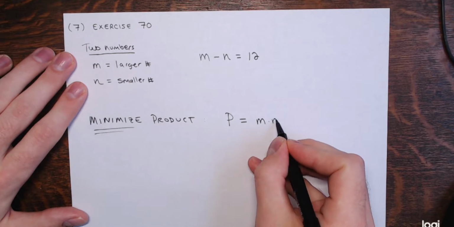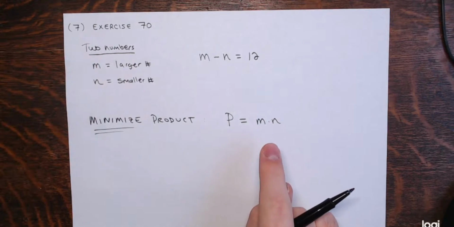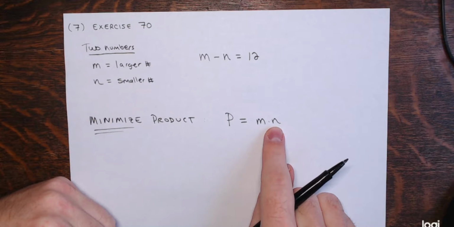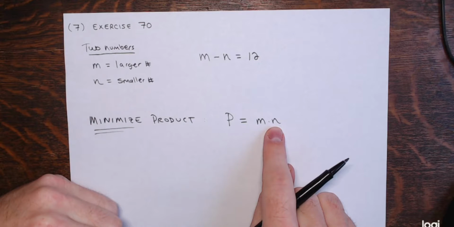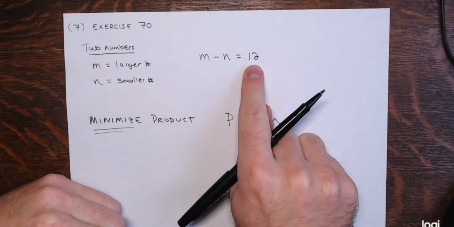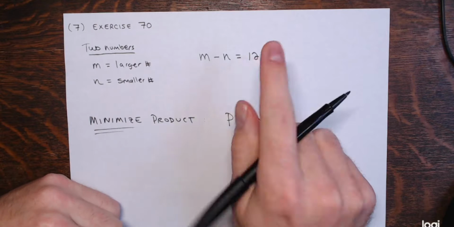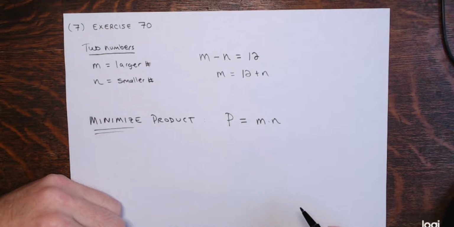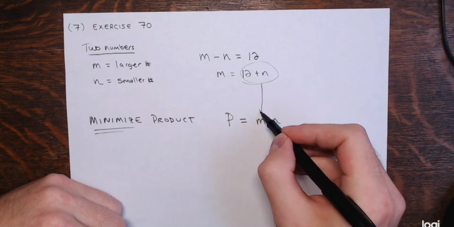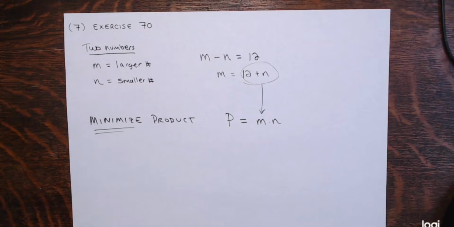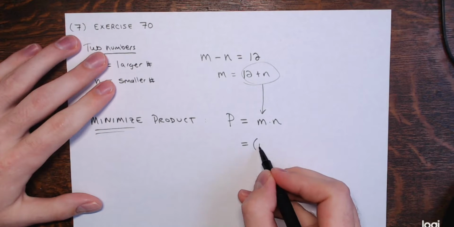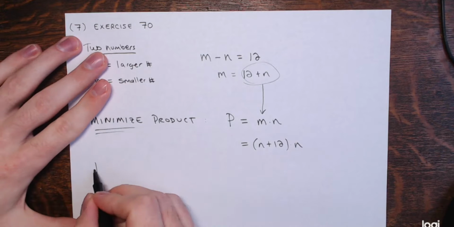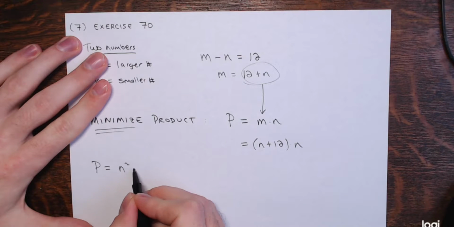But once again, kind of like those area problems, P is a function of two variables. I don't want two variables. I want a quadratic function with one variable. So that's where the information we were given comes in, right? The difference between these two is 12, so m is equal to n plus 12. I substitute that for m: replace m with n plus 12, times n, and then we get a quadratic function. So P equals n squared plus 12n,